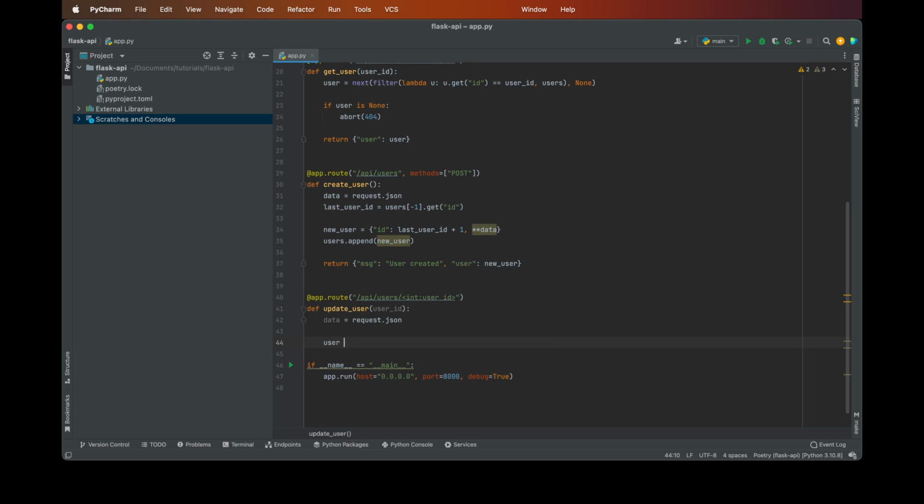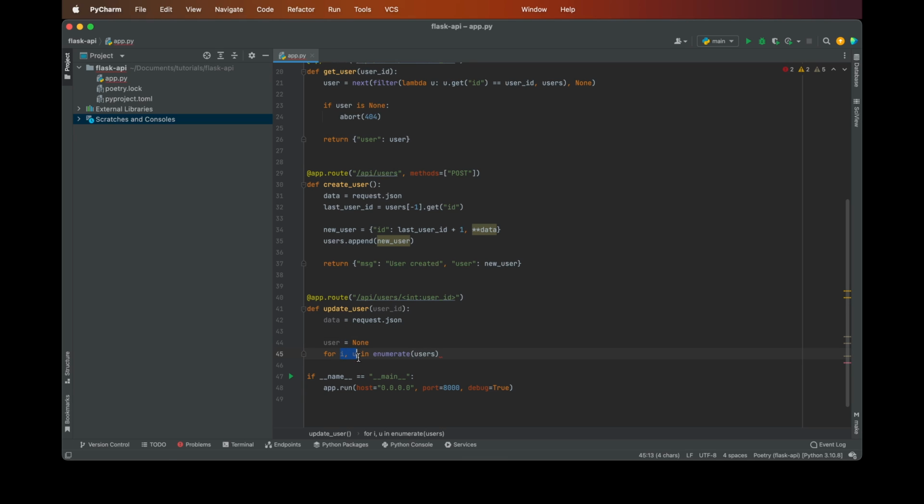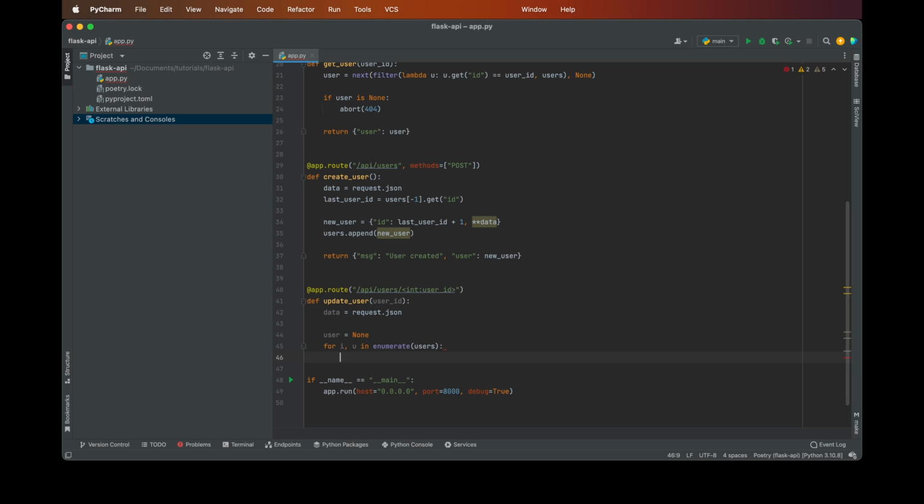And then what we're going to do here is we're going to try and find the user. So I'm going to set user to none, and I'm going to show you why I'm doing this. And then I'm going to enumerate my list of users. So I'm going to say in enumerate users. So if you're not familiar with enumerate in Python, what it does is it gives us, I believe it's a tuple. Let's see. Yeah, I think it's a tuple. So it gives us two things. So it gives us the index and the item in the list, okay? And the reason we need this is we need the index to be able to update our list of users,